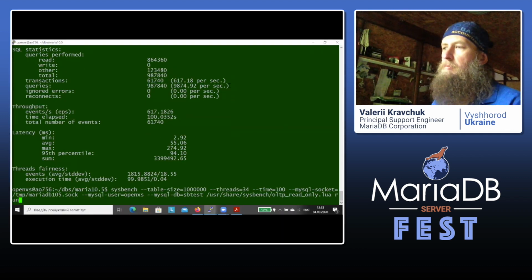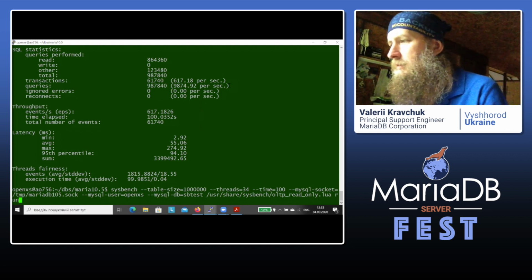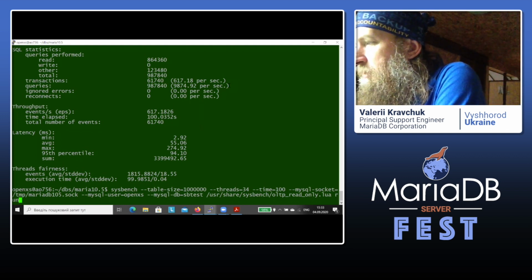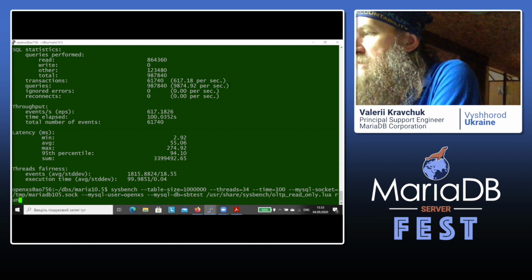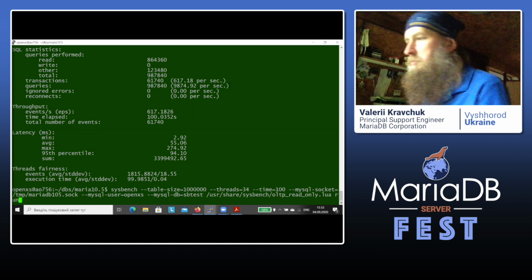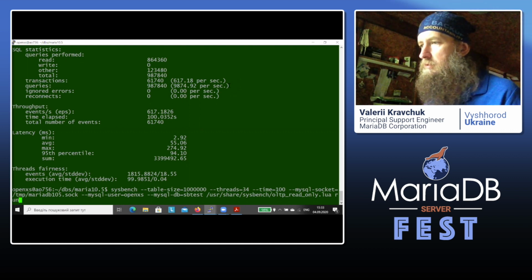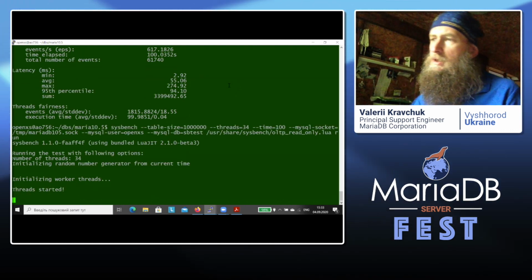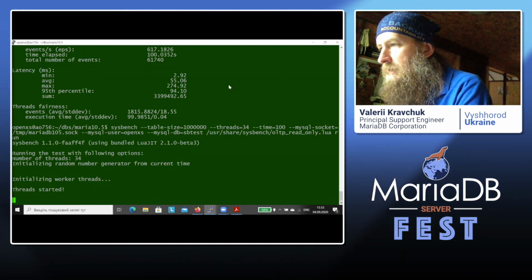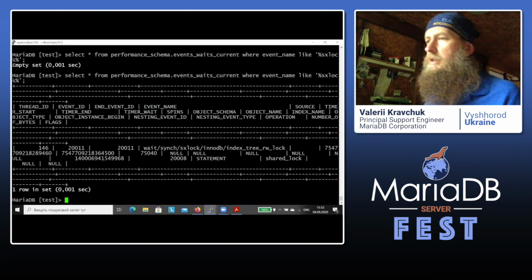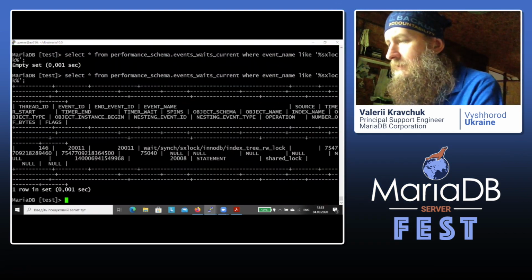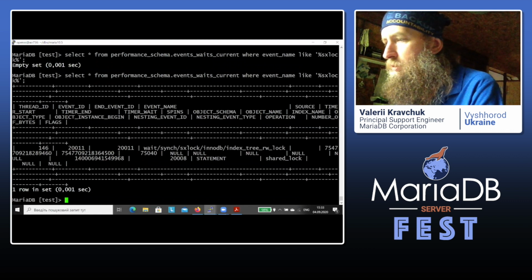I've set up several examples in this talk. I've set up a simple sysbench test. It's OLTP read-only that does some point selects, range selects, and whatever. When it runs, it generates some load. And then in another terminal, I can check the result of this load.